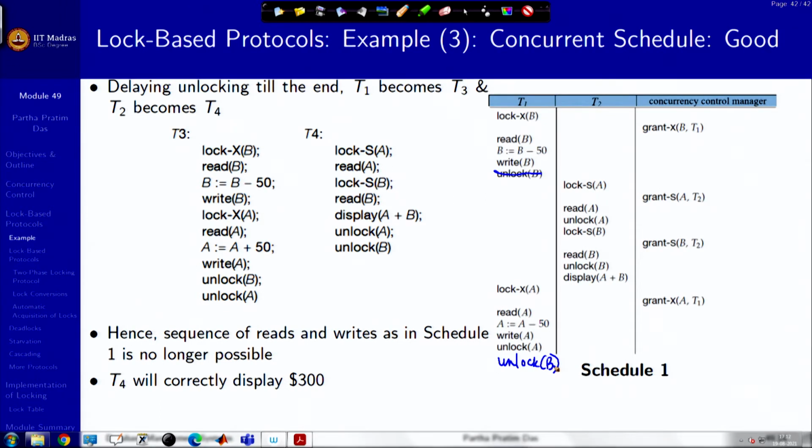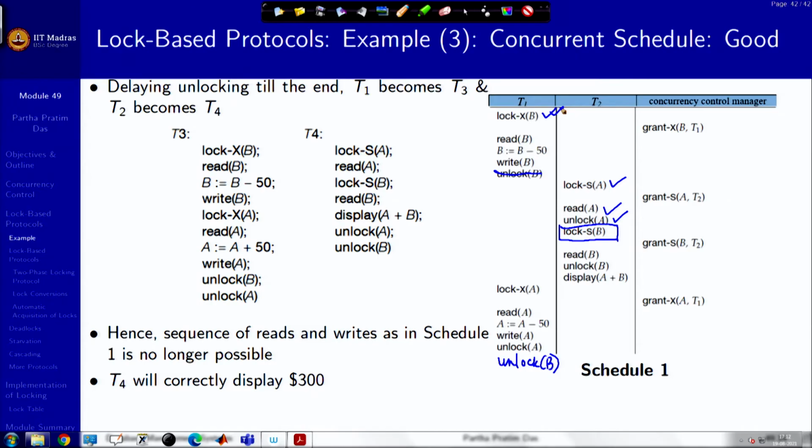This write has been done, and you are still holding the lock on B. T2 will hold a shared lock on A, read A, unlock A, and try to hold a shared lock on B. So, T2 has read A in a concurrent fashion, it tries to hold a shared lock to read B, but the lock is held here exclusively. So, it cannot get it, T2 has to wait,